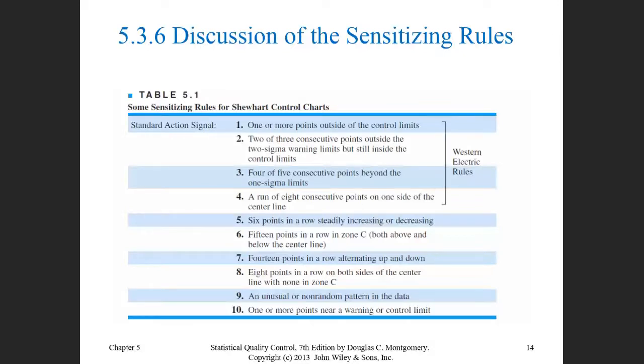The last one: one or more points near a warning or control limits. And this is close to number 1. So number 10 is close to number 1. Those points are very important, and you have to know them, and you have to know how to identify them